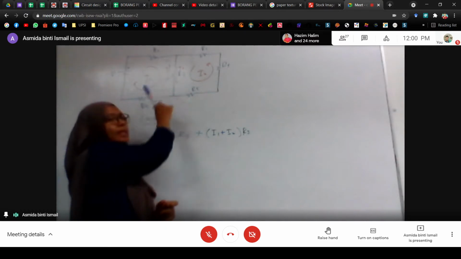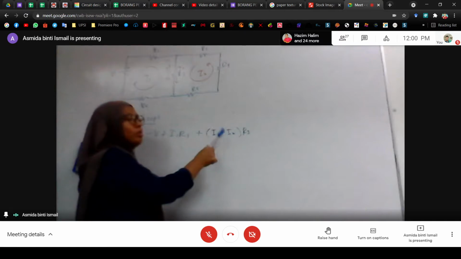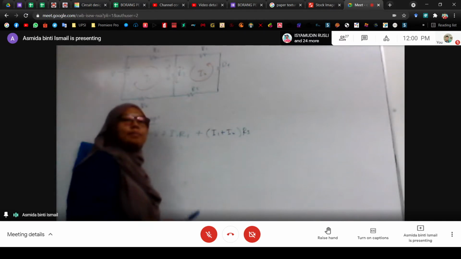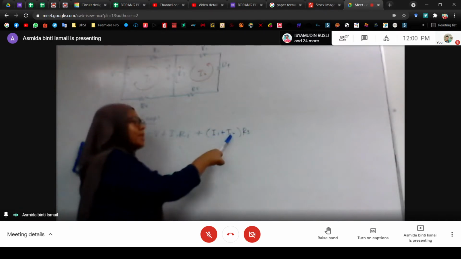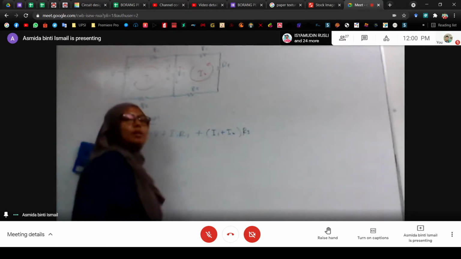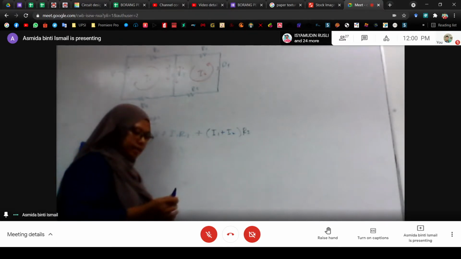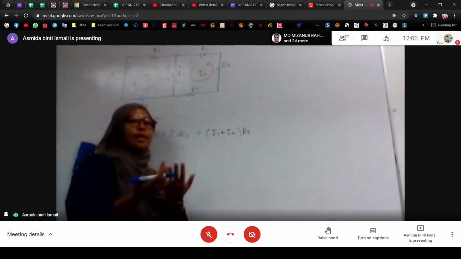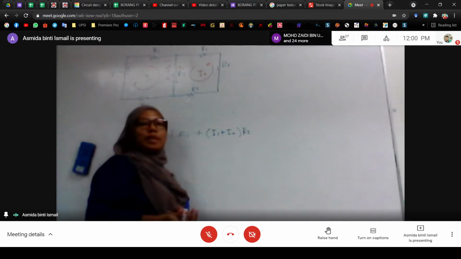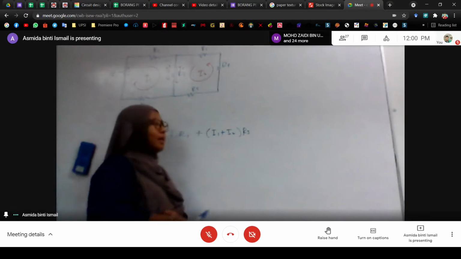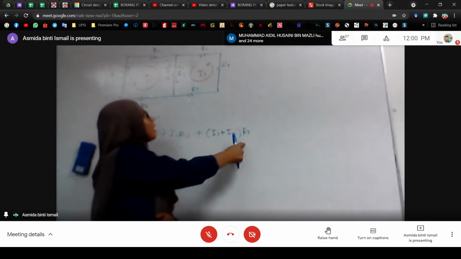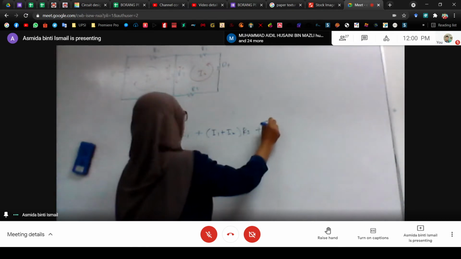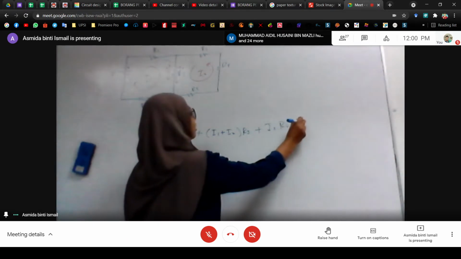If your currents are in the same direction, you need to sum them, we add both currents. If they are in different directions, you need to subtract. I1 plus I2 times R3 plus I1 R6 is equal to